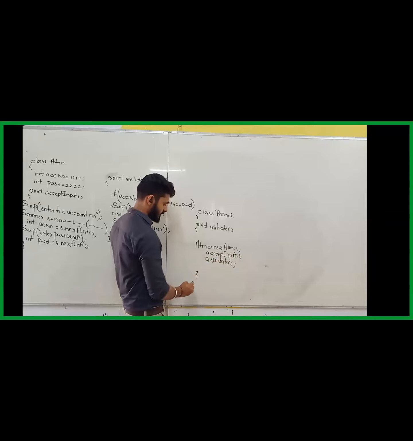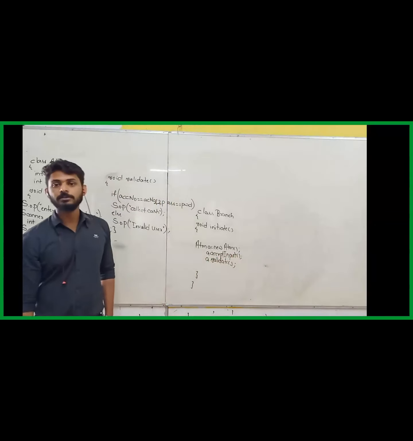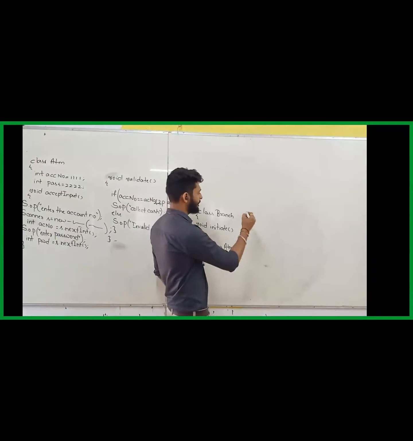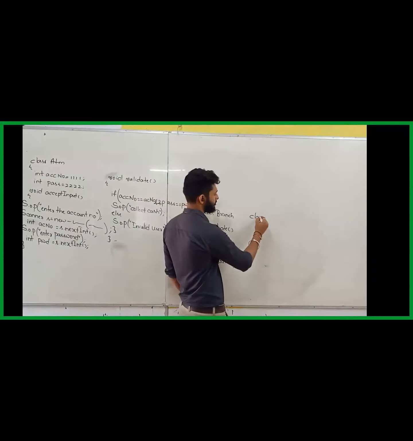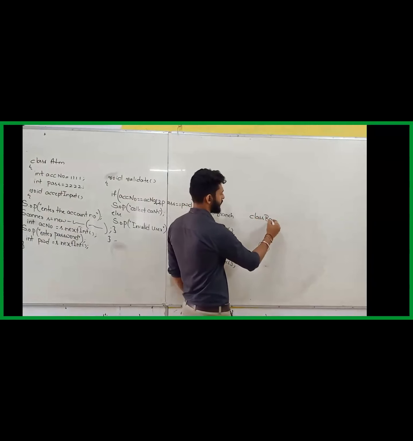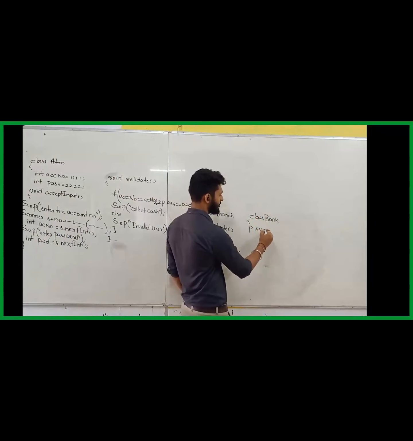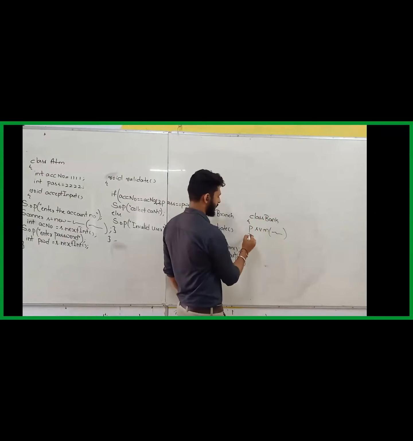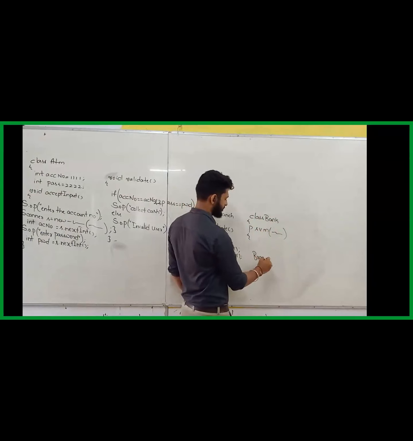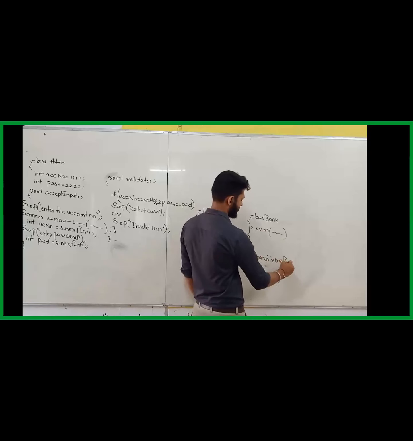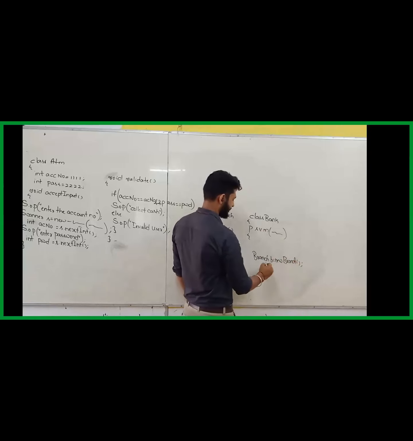Close this. Close this. Next, what? Branch should come under what? But if I keep on doing like this, it will keep on continuing. So what I'll do? Inside this, what I'll do? Then